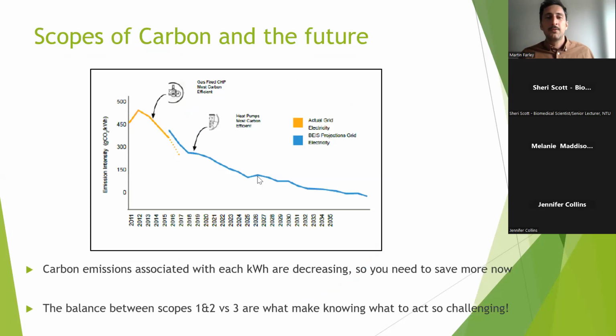Now, I'm just putting this up for interest because I find it interesting and relevant. It shows the estimated amount of carbon over time for electricity consumption. What this is essentially showing is that for the electricity you use in the UK, more renewables are coming online. That's why there's often a push to electrify things as opposed to using gas. Gas has an associated amount of emissions that you can't really escape, because when it burns, it releases emissions directly, and that's why it's scope 1.